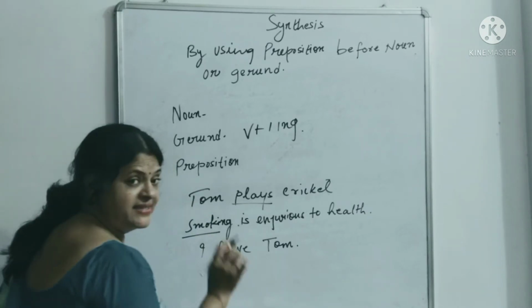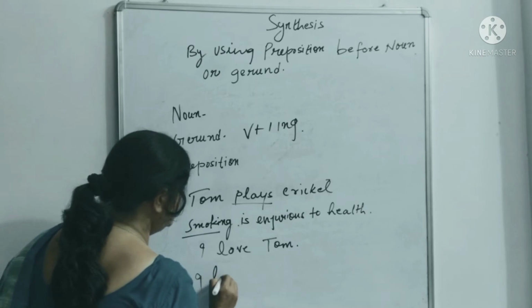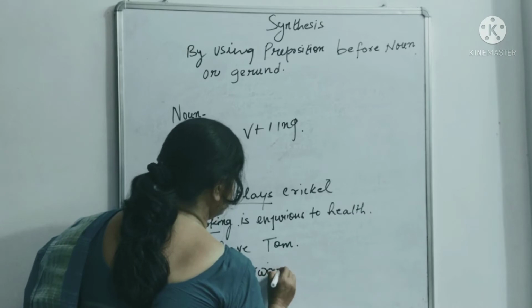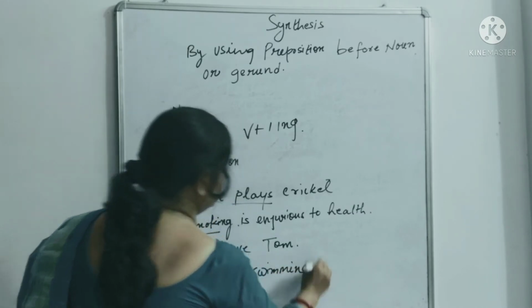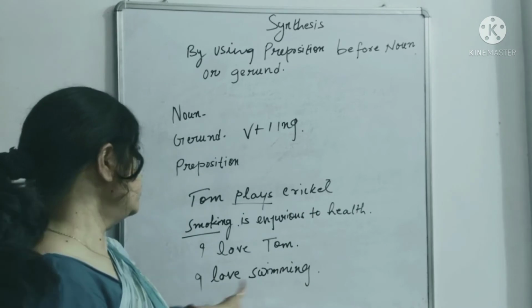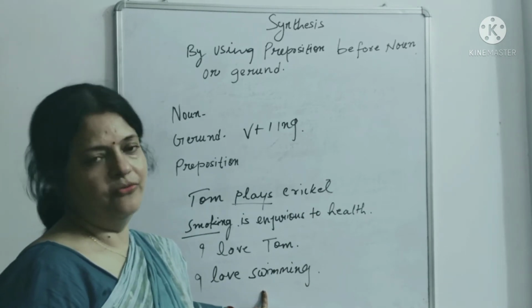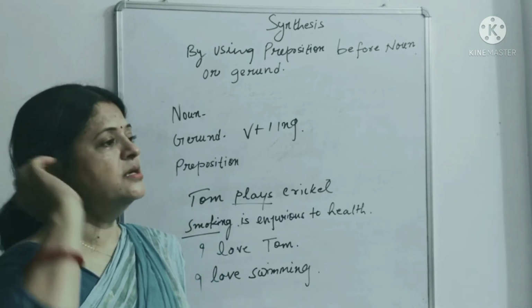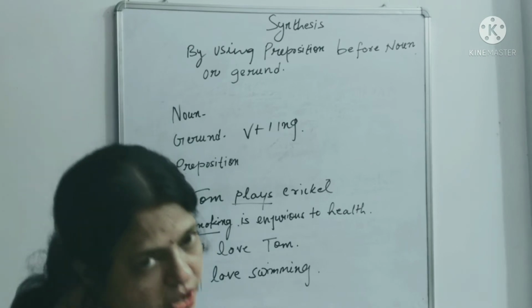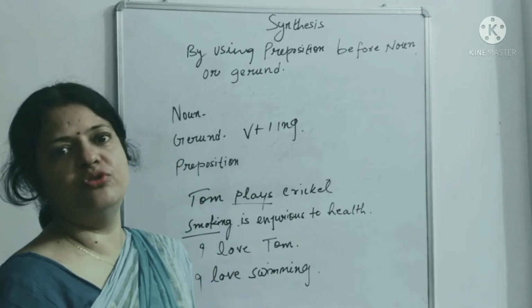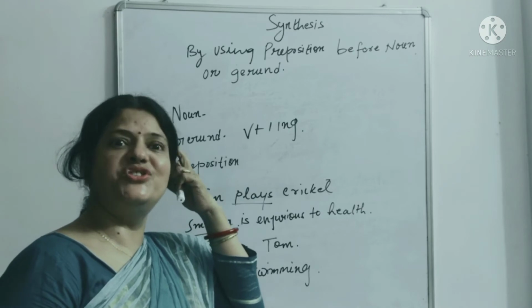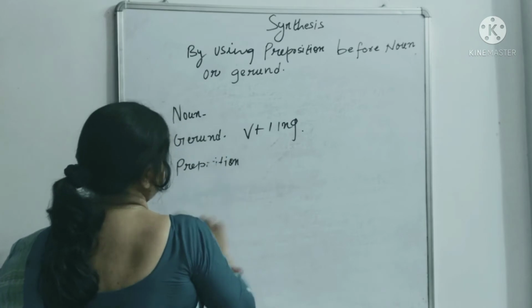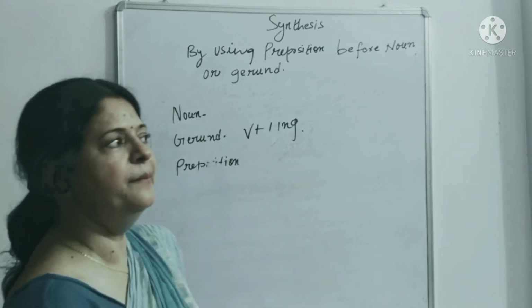Like if I say that I love swimming, or smoking, or playing. So gerund can be an object to a verb also. Understand? Some more works of nouns are there, like sometimes noun becomes complement to a verb, and gerund can also be a complement to a verb. So I'm not going into so much detail, but you need to know something about gerund. That is why I've given this example.